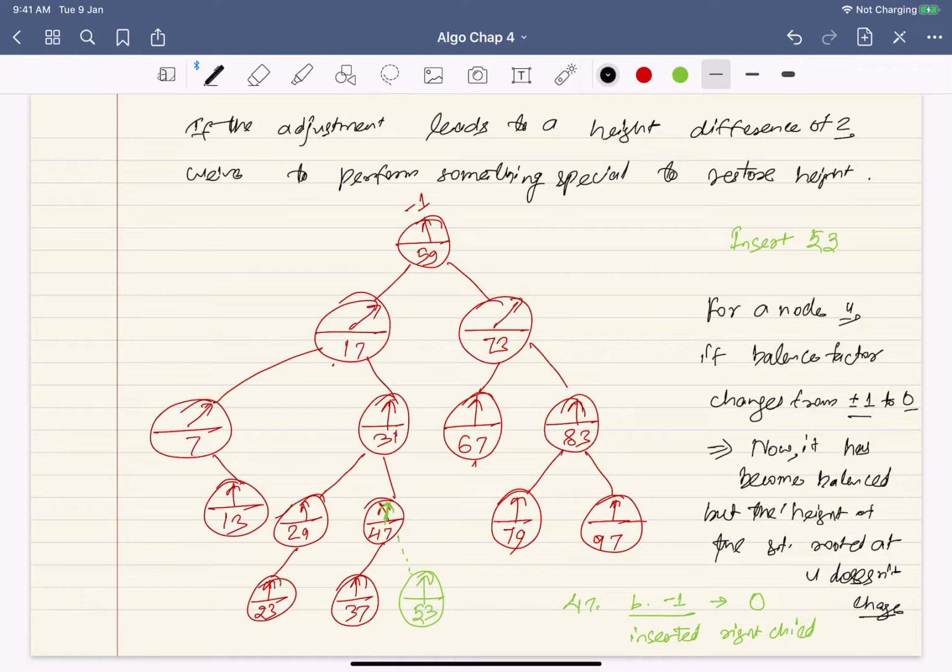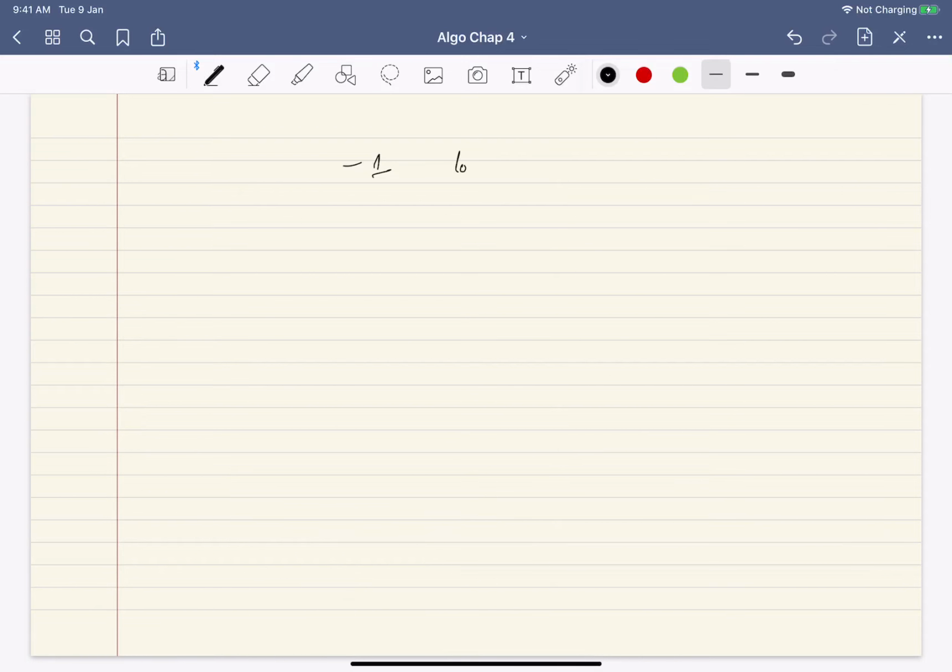Right? Because what would have happened earlier, one of the subtrees was larger than the other, but when it changed to 0, the one that was smaller has gained some height, so that now they are equal. See, because in insertion you insert only one node, it cannot happen that both the left and right subtrees have gained height. Only one of them has gained height. In this case, for example, it has gone from -1 to 0. That means the right subtree has gained a height, increased by 1. Right? But the left subtree has the same height.